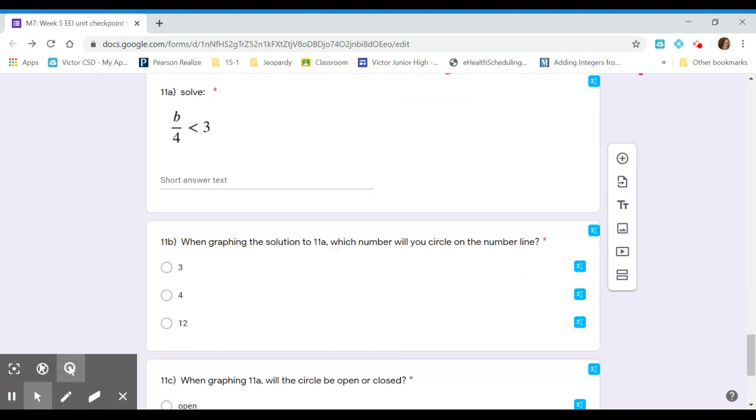This is a one-step inequality. We do it the same way we would do if we had an equal sign here. So something divided by 4 is less than 3. So we're trying to find that boundary. So what would b have to be in order for it to equal 3? And the way we would solve that is going to be,